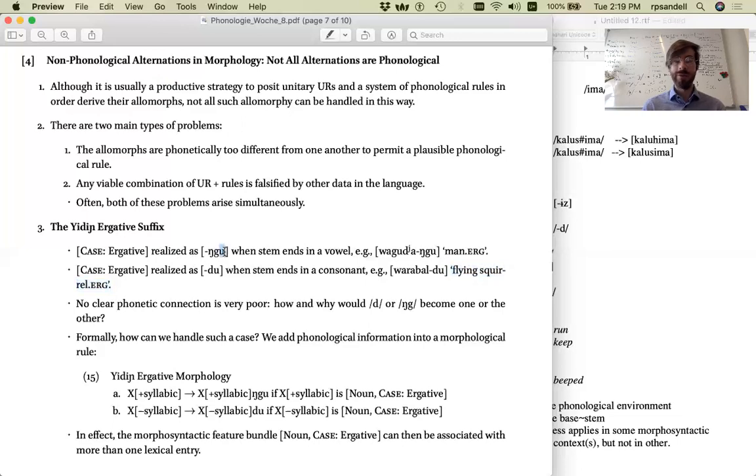They look sort of similar. They both end in a vowel, but there's a consonant sequence that is quite different. One has a nasal and a velar stop. The other has a coronal stop. Deriving one from the other is a little bit problematic. Maybe you can do it, but it looks rather difficult.